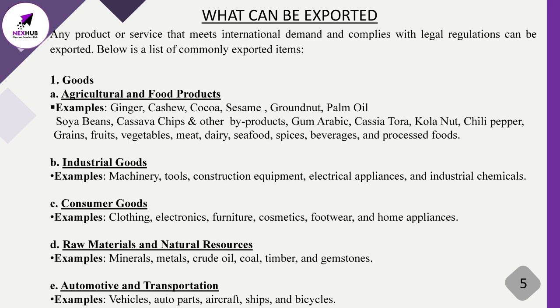Still under goods that can be exported from Nigeria to other countries, we have consumer goods. What are these consumer goods? We have clothing, electrical appliances, furniture, footwear and home appliances. Yes, there are things that are now made in Nigeria that we can export. Clothes, we have our textile industry, we have the likes of the adire that we can move from Nigeria to other countries. And the good news is that when we take these things out, they love them.